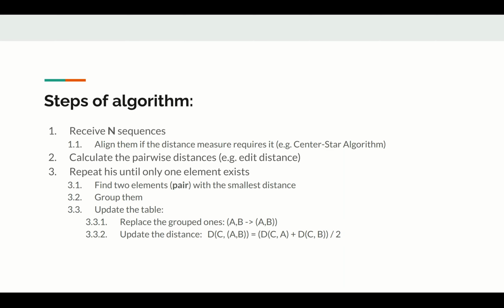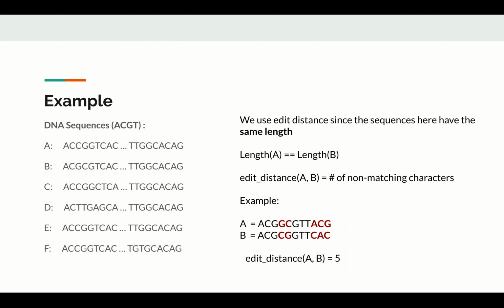Since we have merged these columns or rows, the distance of C or any element to this merged AB is the distance to A plus the distance to B, over 2, so the arithmetic mean is used. For instance, considering that we have A, B, C, D, E, F, six DNA sequences, we use the edit distance of these sequences, assuming that they have the same length again. Edit distance is the number of non-matching characters, considering that these ACGTs are represented as a string. For instance, for A and B, we see that the edit distance is 5, since they are different in 5